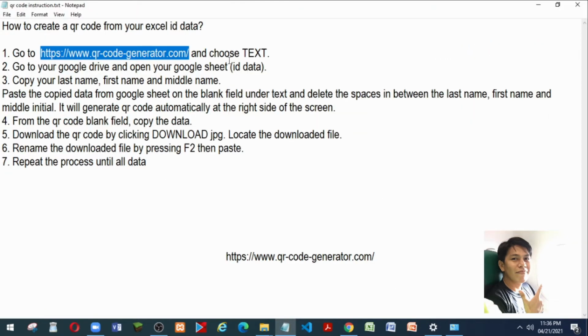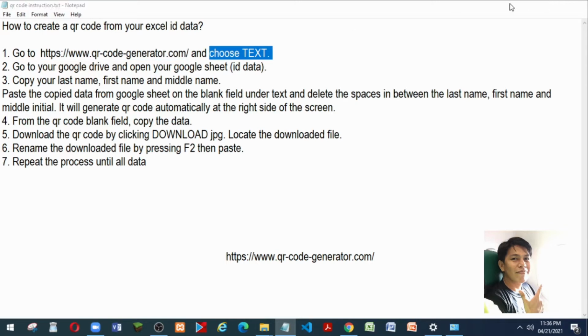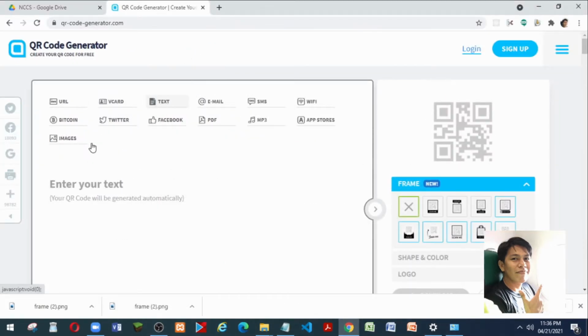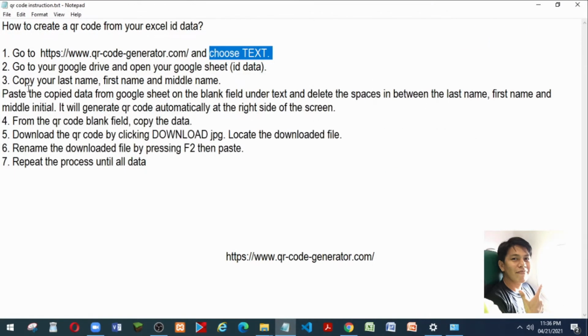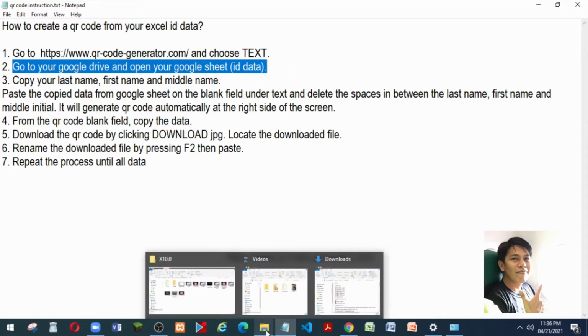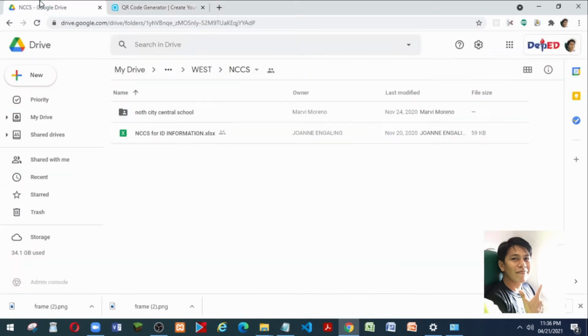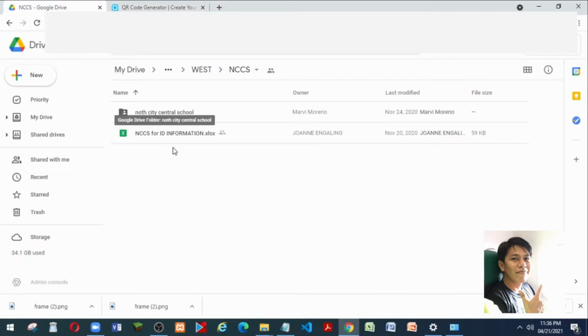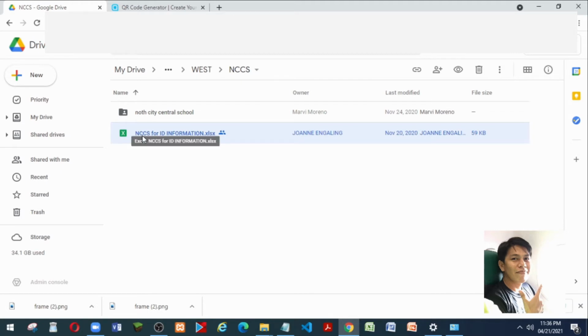Okay, next, choose text. So we have here text. Okay, so enter your text. Next, go to your Google Drive and open your Google Sheet containing your ID data. So this is the Google Drive where you uploaded your pictures and your ID data. So for this example, we have the NCCS ID information. Open this one,